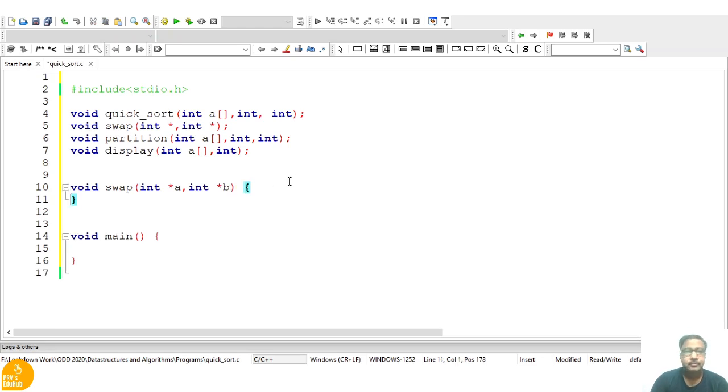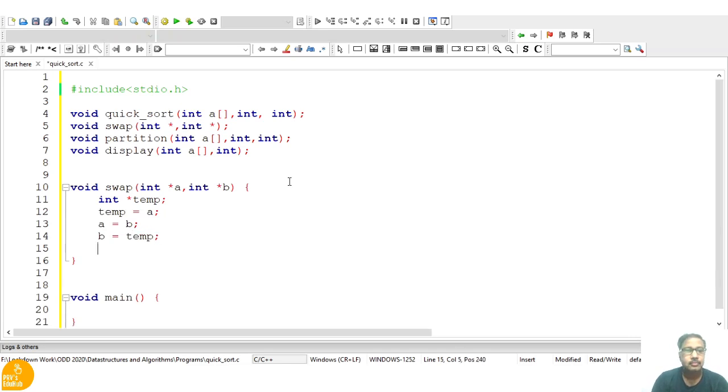Just we can define this. So this is a simple swapping. Next, we need to have the quicksort procedure implementation. So how will this particular quicksort implementation be done?